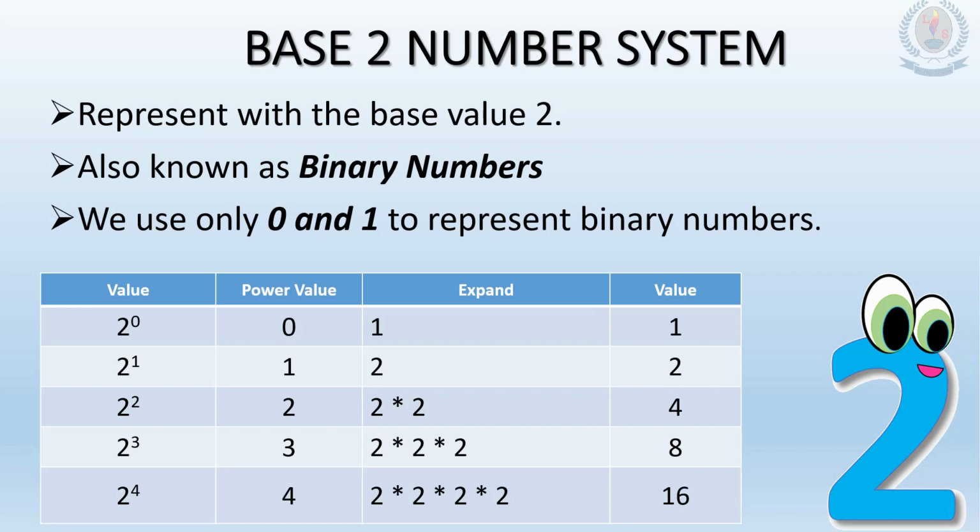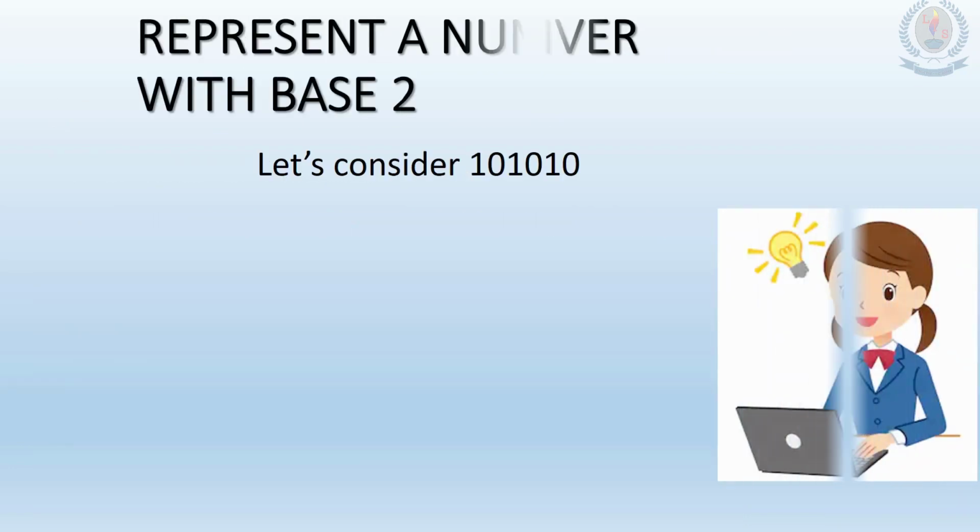2 to the power 0 means 1, 2 to the power 1 means 2, 2 to the power 2 means 2 into 2, that is 4. That's how it comes. Like this it will increase. Now we are going to represent a number with base 2 numbers. So let's consider